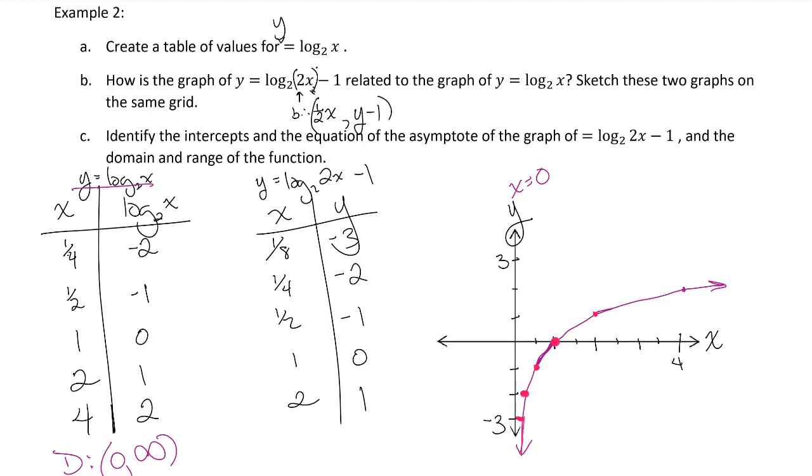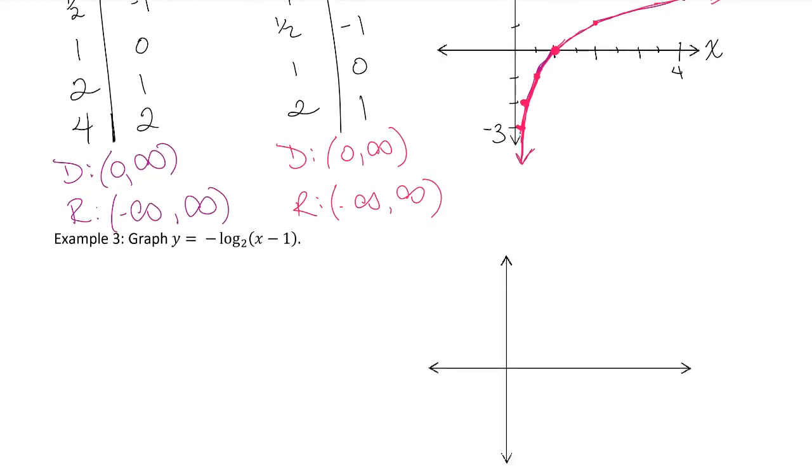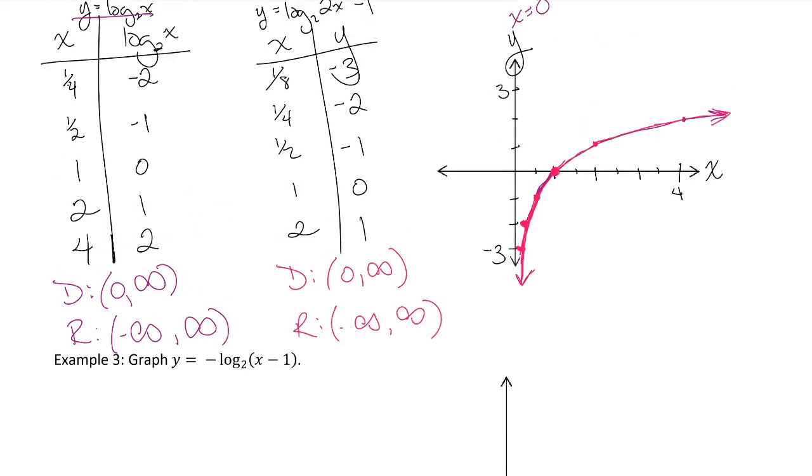And so we see, even though we impacted the b value and squished it down, because the base is actually the same as the coefficient, we don't notice any change. Our values end up being the same. Got points all in the same spots. Our curve ends up being 1 on top of the other. So my domain and range hasn't actually changed. So that's an interesting coincidence. Okay, but again, this only happens